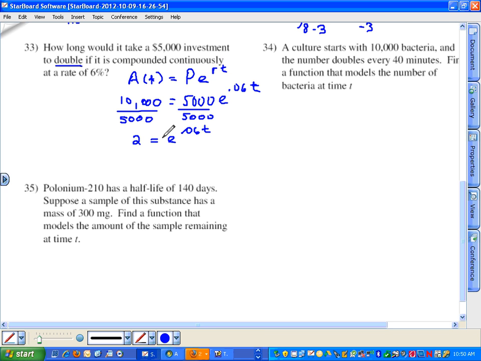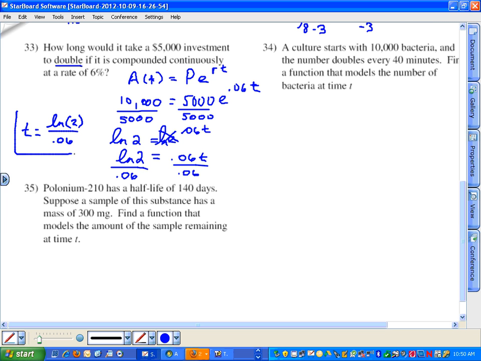Now we need to use natural logs because the natural log cancels a base of e. So if I take a natural log on that side and a natural log on this side, then on the right side we're left with 0.06t equals the natural log of 2. Now remember, we're solving for t. T is being multiplied by 0.06. So we divide by 0.06 and our final answer is t equals the natural log of 2